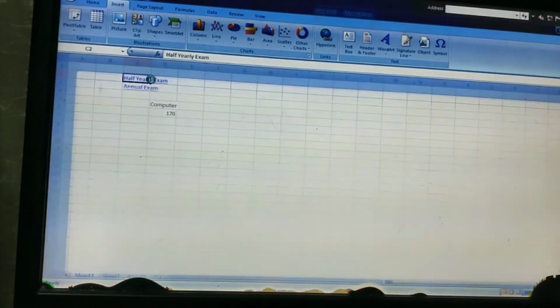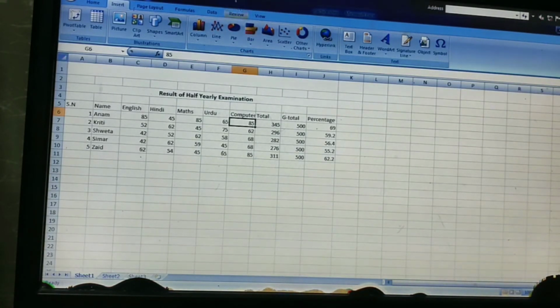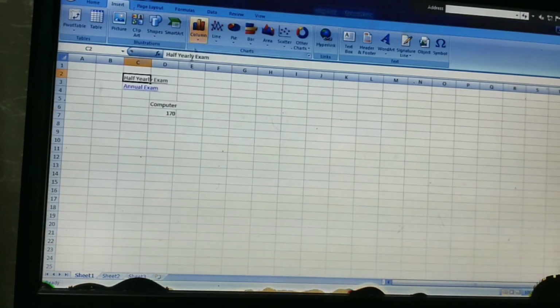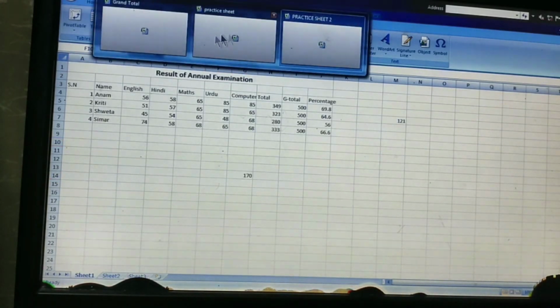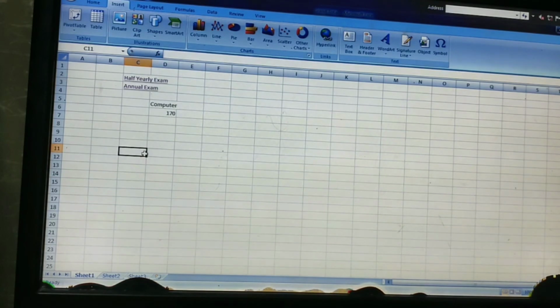Just click on it, the file will be opened. Annual exams, just click on it simply and it will open. On sheet 1 there are marks, and you can see I have opened these two links. The color has been changed.